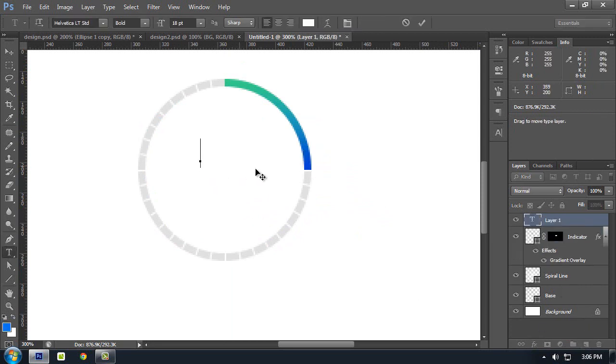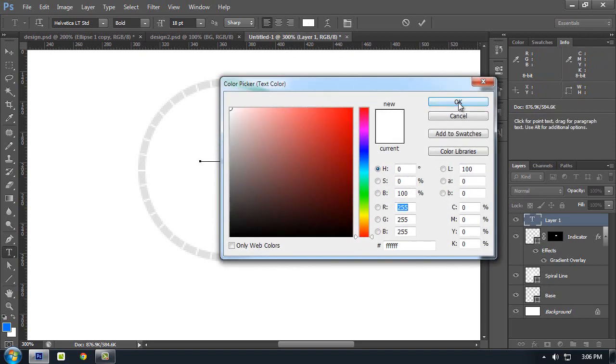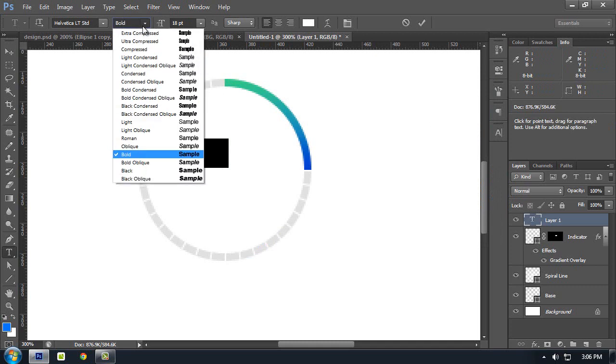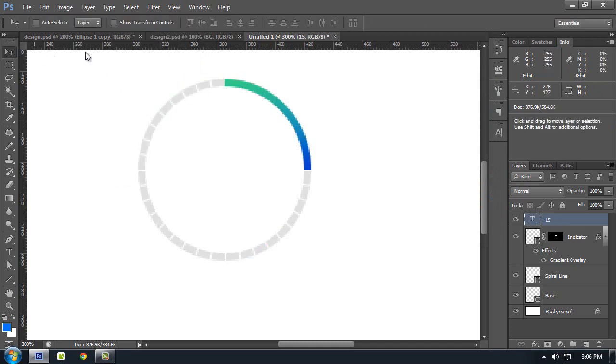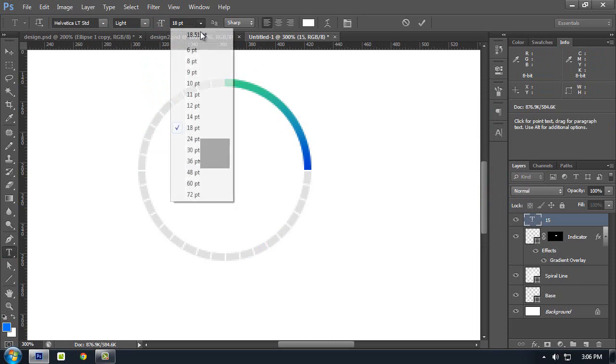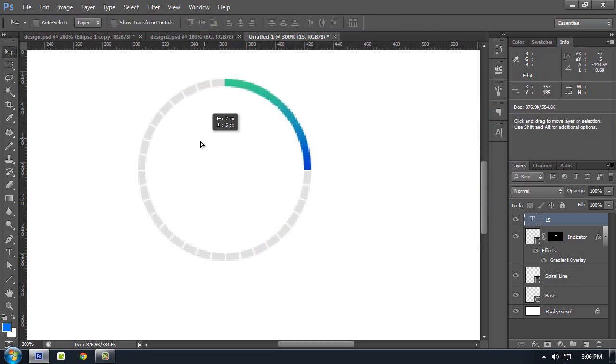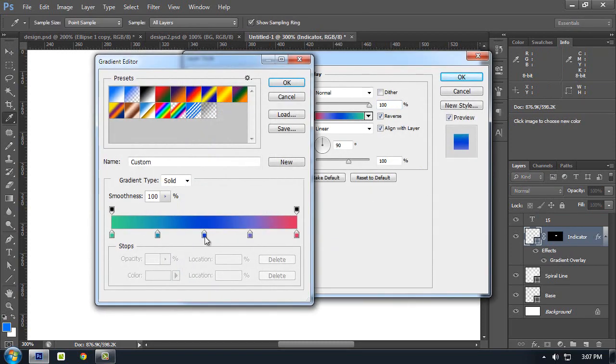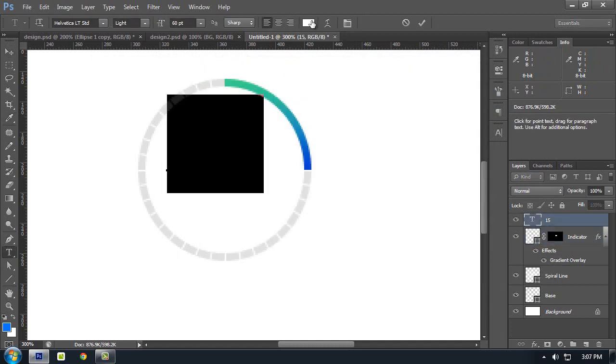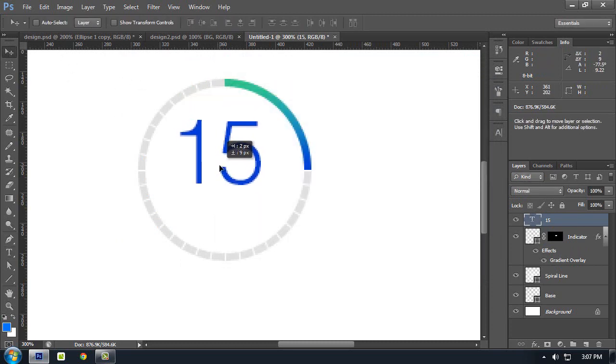And then we're going to add a text. Let's make it, let's see, 15 seconds, and make sure it is Helvetica Light, and make the font bigger, about 60 pixels, and change the color to this one in the middle. And let's see, so 15,